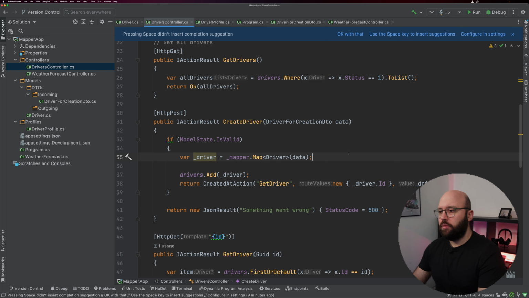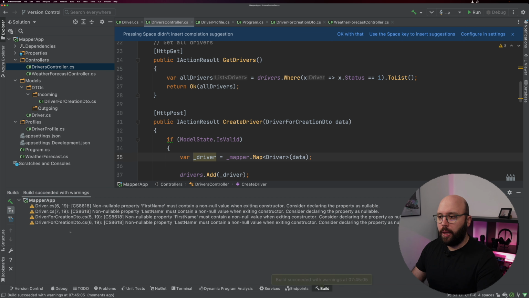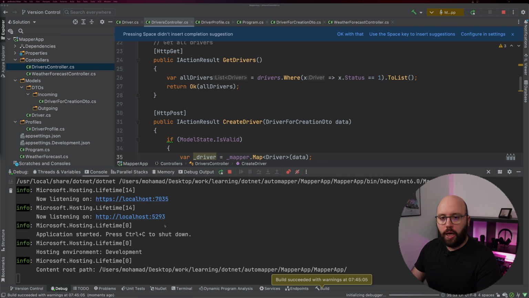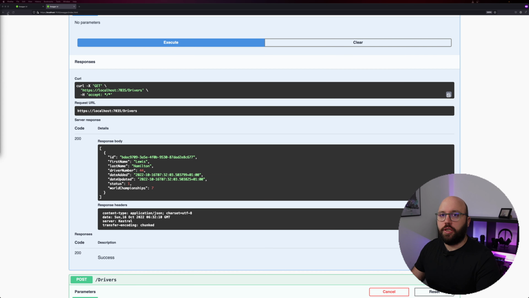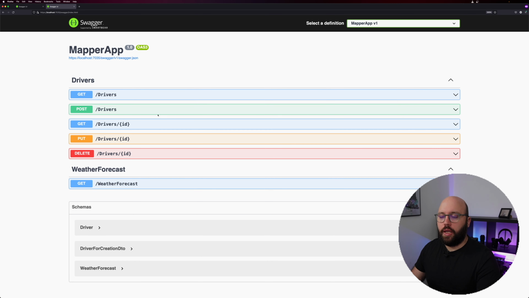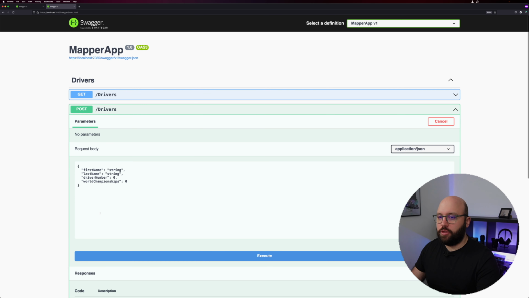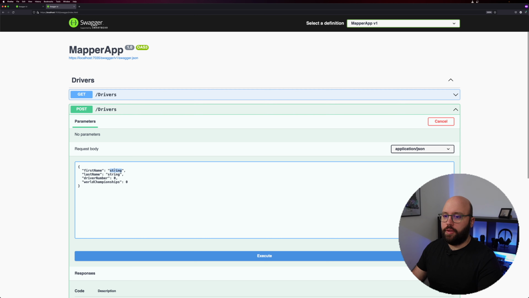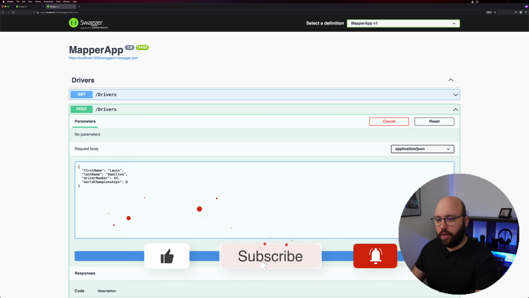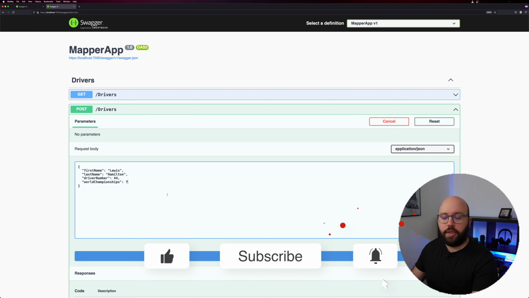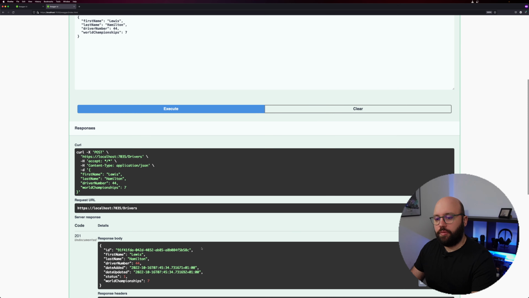So right now let's take this for a test. Let's click on debug, and let's go back to our web browser. Inside our web browser here, let us just refresh this, and let's create a new driver. I'm just going to create a single driver for now, and this one is going to be called Lewis, last name Hamilton. Driver number is 44, and World Championship 7, although it should be 8, and then execute, and we can see